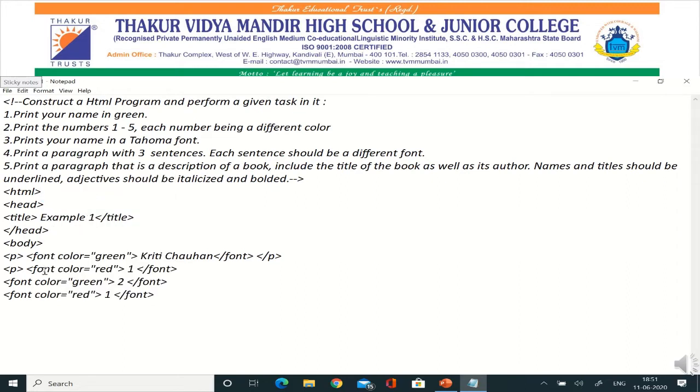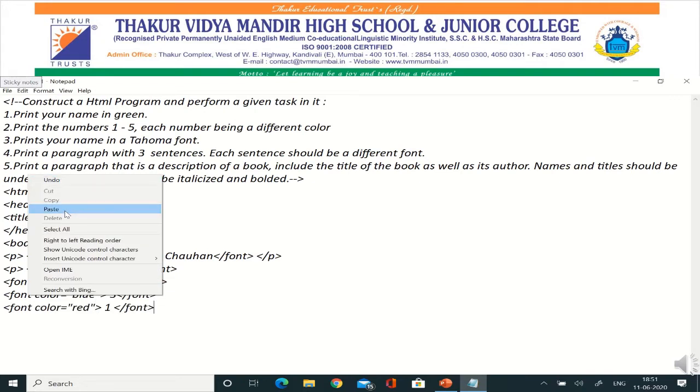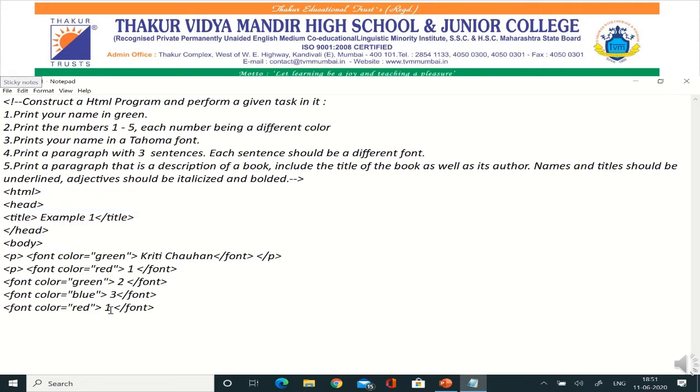Again I'm going to paste, and for number 3 I'm making the changes where required, and the color will be blue. Again I'm going to paste and make the changes where required.